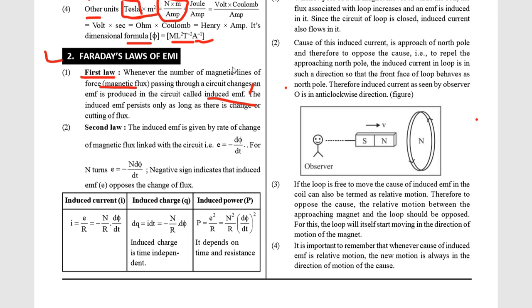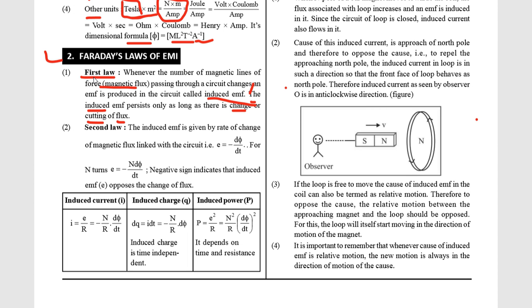Okay, now the induced EMF persists only as long as there is change or cutting of flux. So इसका मीनिंग है कि ये जो इंड्यूस्ड EMF है ये सर्किट में सिर्फ तब तक ही रहता है जब तक कि यहाँ पे फ्लक्स चेंज होता रहता है या फिर कट होता रहता है. ठीक है, तो यहाँ पे दो चीज़ें हैं. तो यहाँ पे देख सकते हैं आप, अगर टोटल कंक्लूजन की बात करें इस स्टेटमेंट की, तो टोटल कंक्लूजन यही